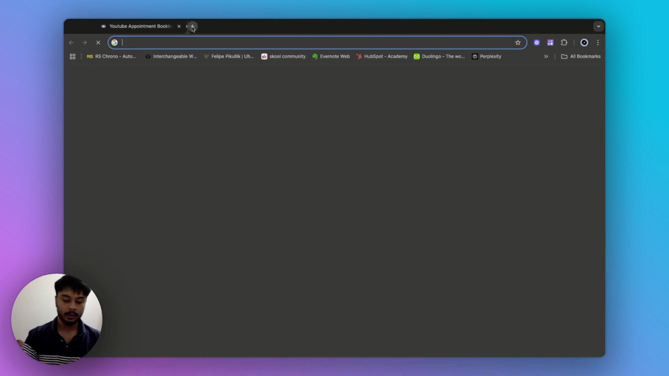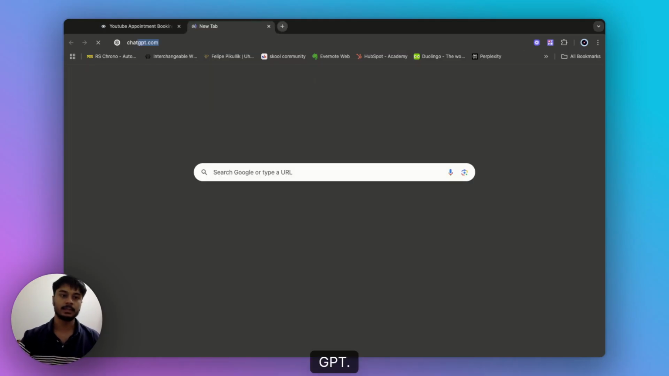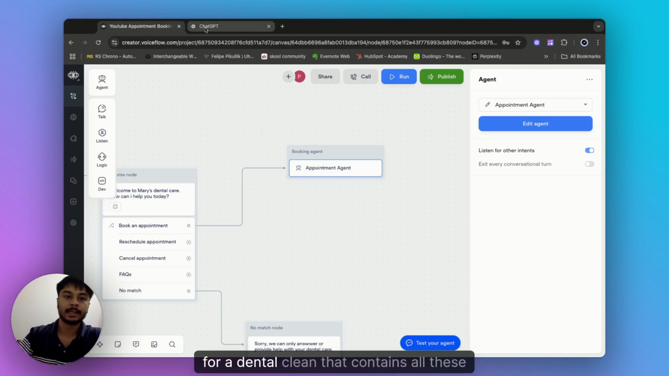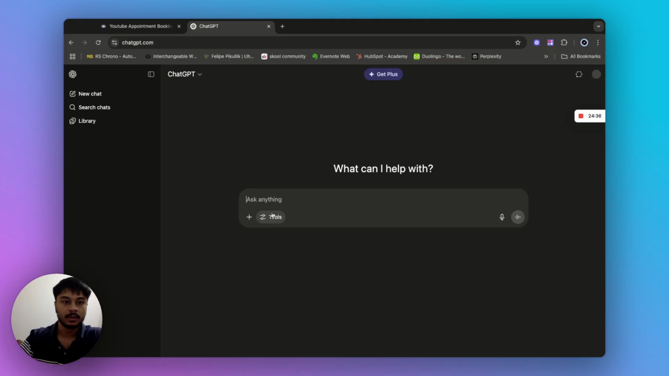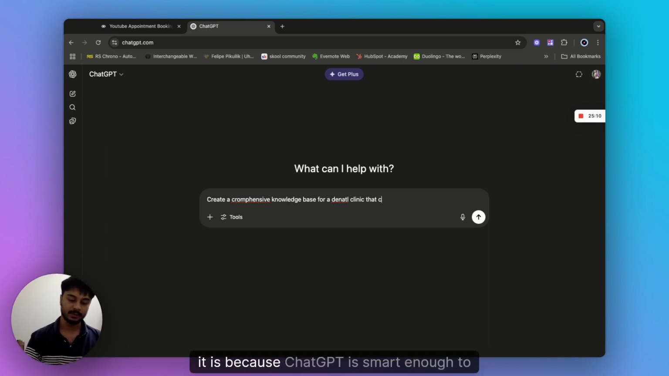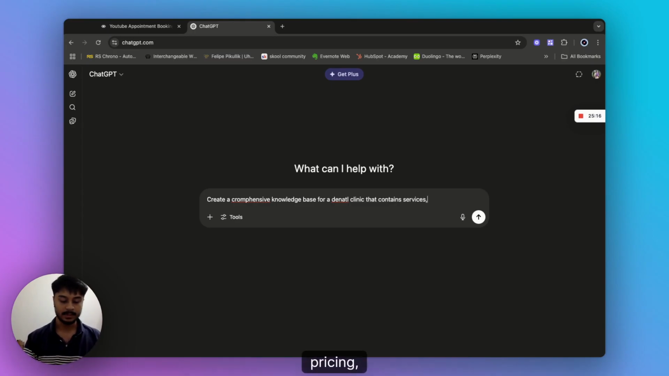The way I create a knowledge base is I just go to ChatGPT. I literally go to ChatGPT and ask it to create a knowledge base for a dental clinic that contains all these services, all these things. So let me just go here: create a comprehensive knowledge base for a dental clinic that contains... Don't mind the spelling, I'm just writing it how it is because ChatGPT is smart enough to go through all of this. Content, services, pricing, procedures, insurance,